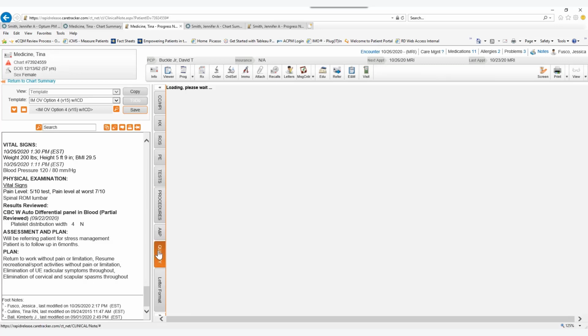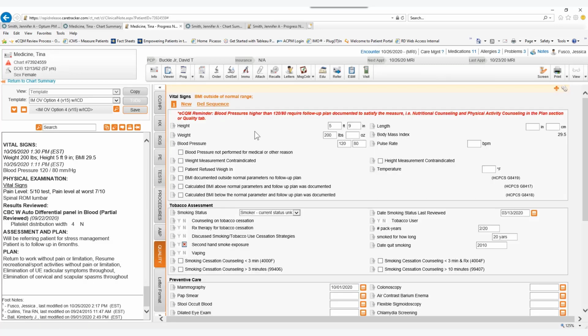We also have our quality section here. You'll see here in that quality section it houses our vital signs. If the person who's rooming the patient for you takes the vital signs underneath the health history pane, they will come over into the progress note for you underneath the quality section here. So you'll see that my patient's vitals have come over for me. So now if I needed to, add in